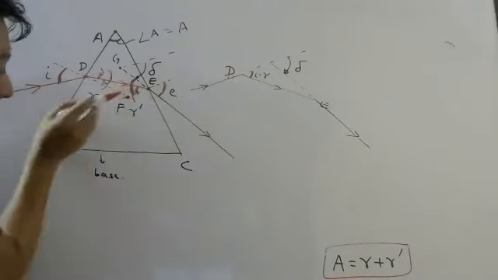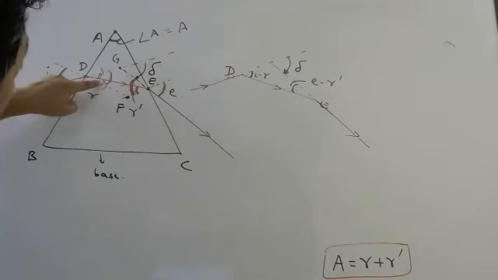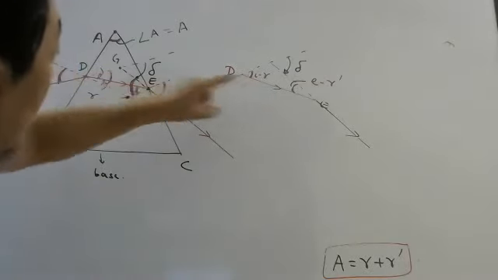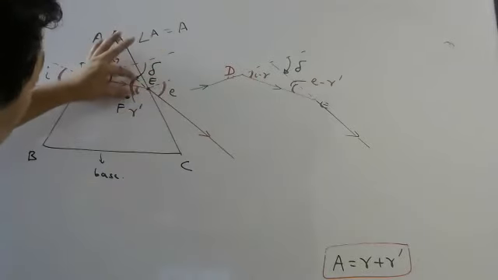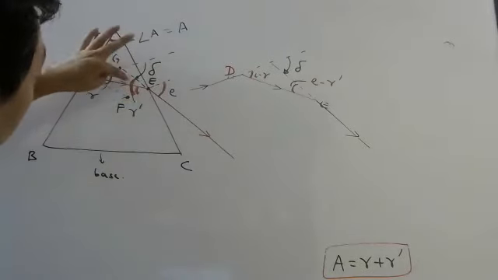Okay, Tanmaya, is this clear or not? Check once, all of you. This is I. Opposite will be I. Out of that much I, this is R. So remaining here will be I minus R. Similarly, this is E. Opposite will be E. This is R dash. So remaining will be E minus R dash.